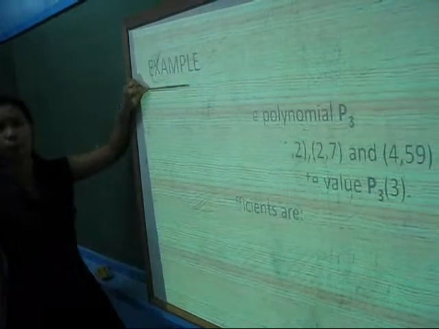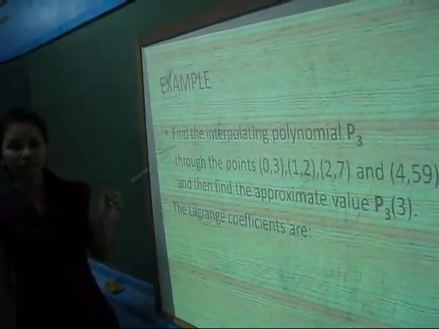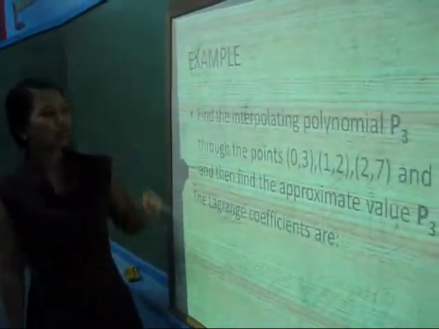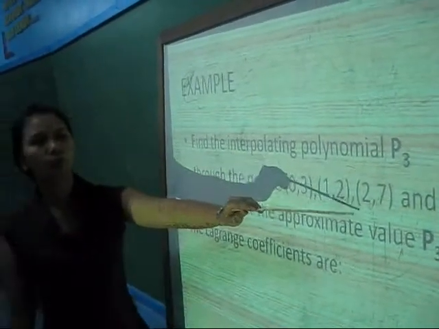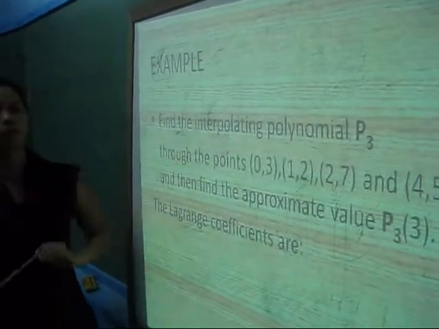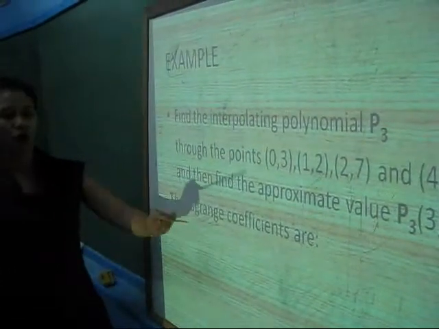Let's have an example using the interpolating polynomial by Lagrange. Find the interpolating polynomial p sub 3 through the points (0, 3), (1, 2), (2, 7), and (4, 59), and then find the approximate value of p sub 3 of 3. The Lagrange coefficients are